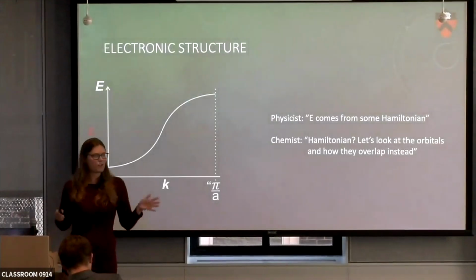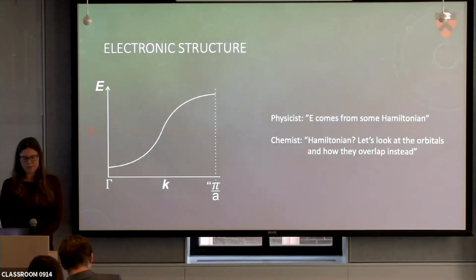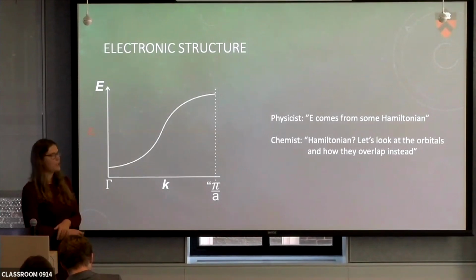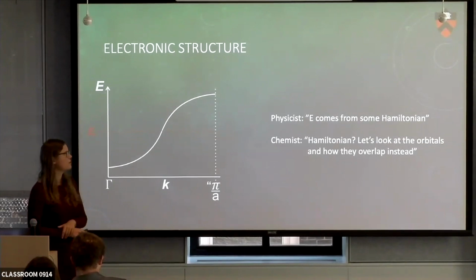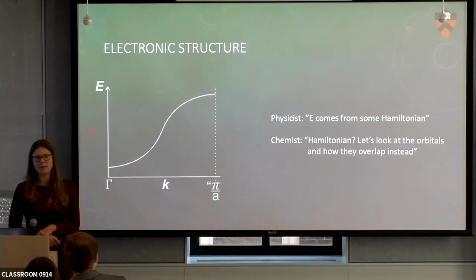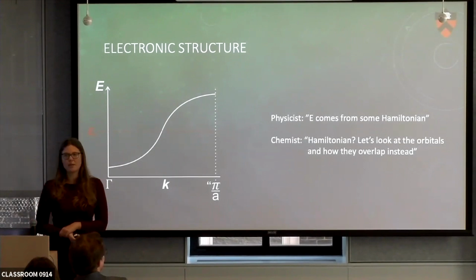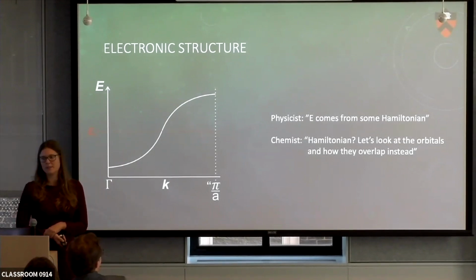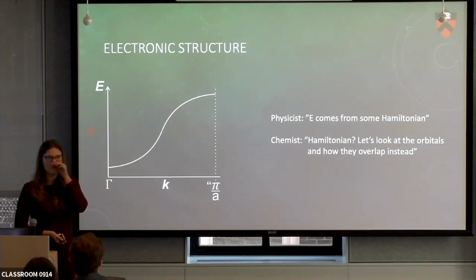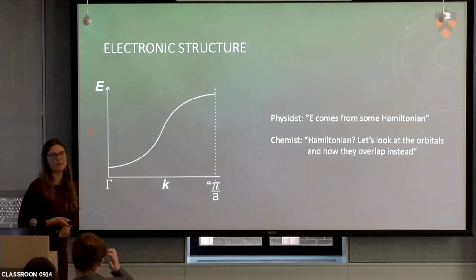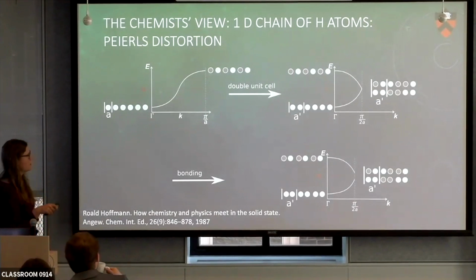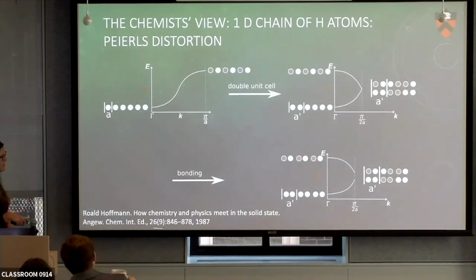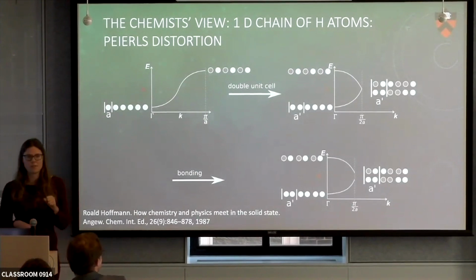Just to bring each other onto the same page, in chemistry we think a little bit differently about electronic structures. You would all tell me an electronic structure is an energy versus momentum diagram, and you can calculate energy by setting up some Hamiltonian. But when I teach this in my advanced inorganic chemistry class, I usually realize the students don't really want to look at Hamiltonians, but rather draw pictures of orbitals. So we have a different approach to drawing band structures, related to this model pointed out by Roald Hoffmann in this article down here, which I really highly recommend. It's a beautifully written article.